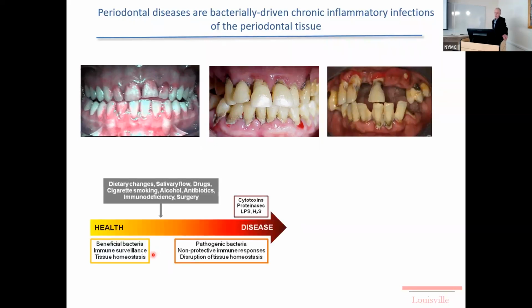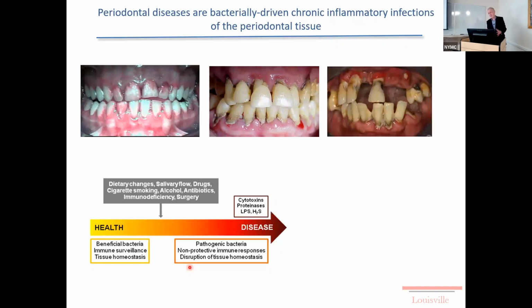Well, the classical view, and we think this is still more or less correct, is that in a healthy situation, you have beneficial bacteria. So you have a protective immune surveillance, like I say, that keeps that microbial community under control. And so you have tissue homeostasis. But then things can change environmentally. There can be genetic predispositions, colonization with different organisms. So now we have pathogenic bacteria that are producing their own virulence factors. Now that leads to a non-protective immune response, big immune response, loss of tissue homeostasis, and destruction of the periodontal